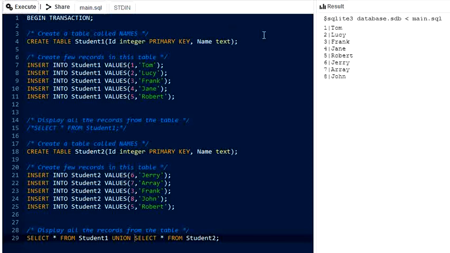Tom is there, Frank is there, Jane is there, Robert, Jenny, Array and John. Accordingly, when we do union all, it will show a different result.